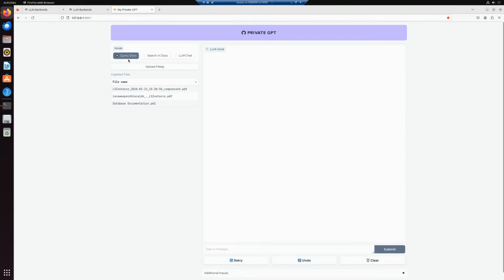So it does have three different modes, basically. You can query the documents. You can search in the documents if you're looking for specific things, or you can do the LLM chat, which then doesn't take the documents into account at all. Then you're basically just talking to the AI model that's behind it without looking at the documents. But since we have the documents,